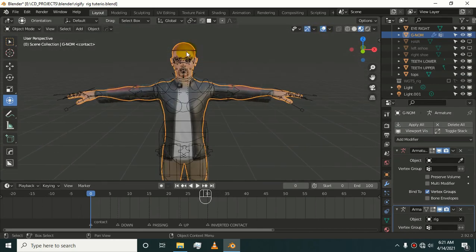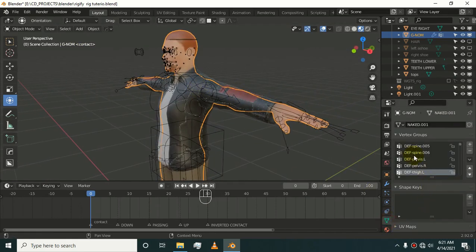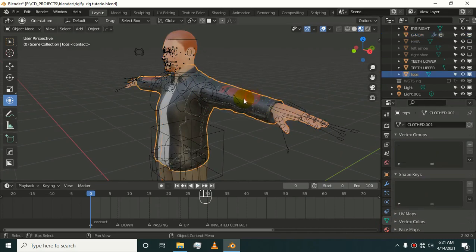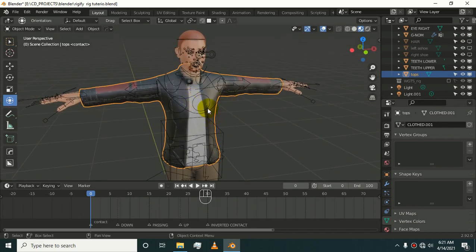You can see this is our main character genome. So we have to copy all its vertex group data to our tops, or our clothing, or anything we want to attach so that it moves with it.